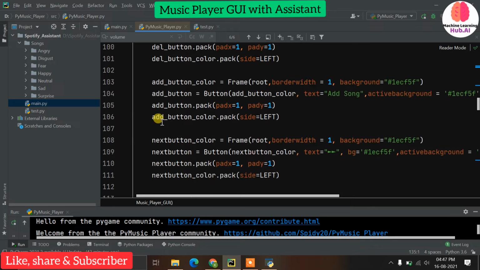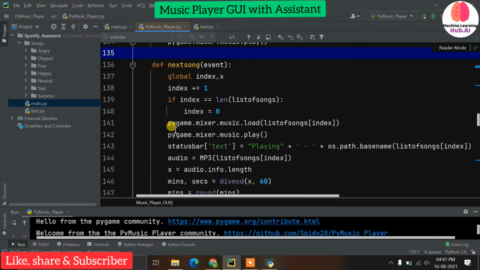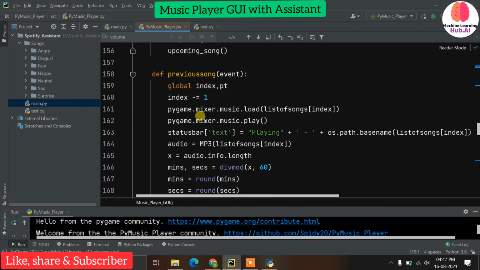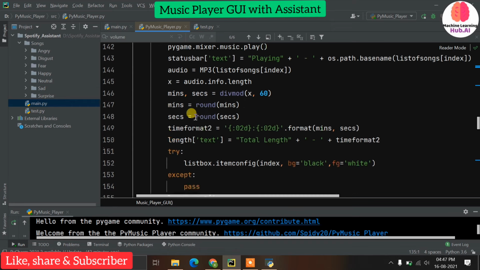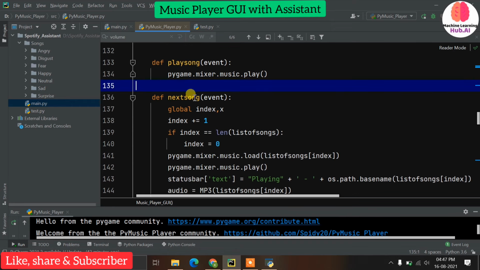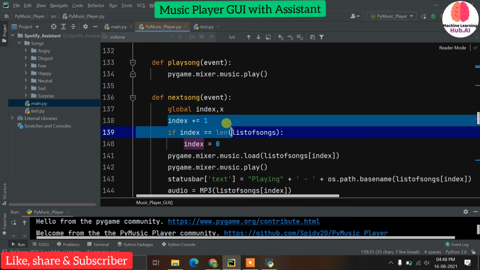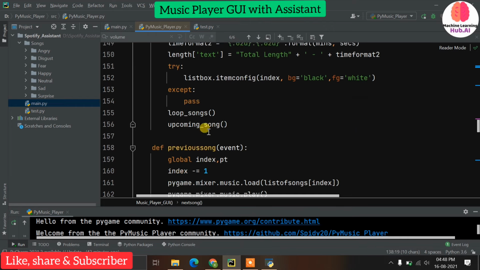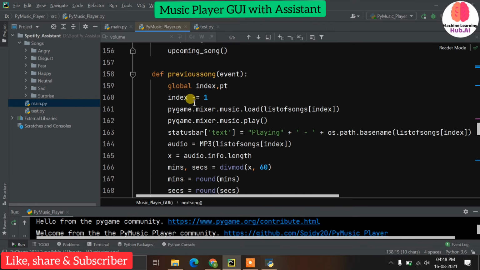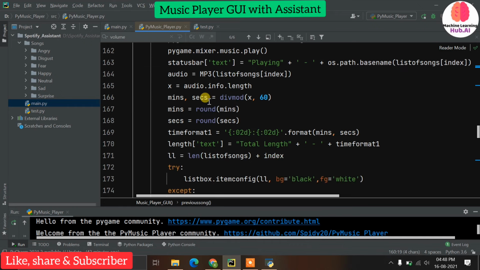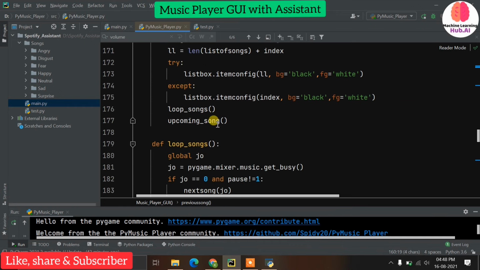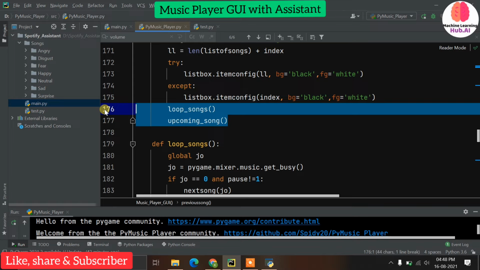Now the same thing is for the previous song. In previous, the simple logic is there. I just copied this next song function, but in next I'm increasing the index one by one. So in previous, what I will do is very simple: I'm just decreasing the index. All the functions and all the things are the same, but at the end, obviously, I'm calling the two functions, which